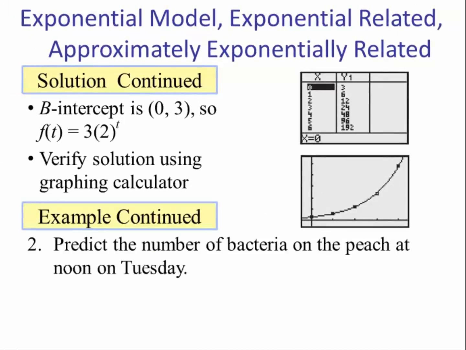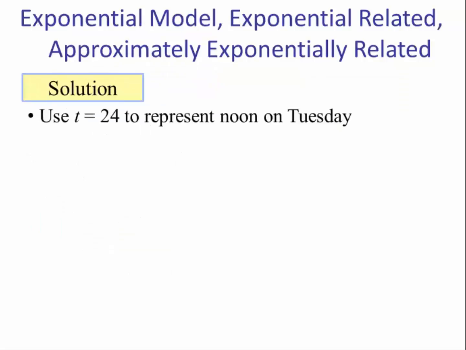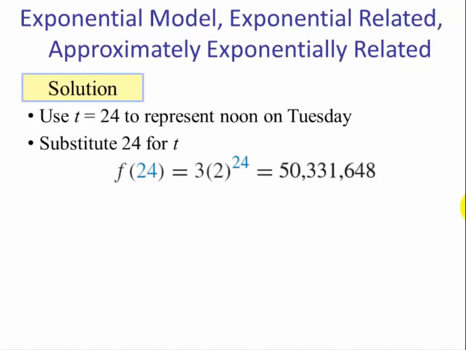So number 2, predict the number of bacteria on the peach at noon on Tuesday. Solution. Well, this is exactly 24 hours since noon on Monday, so t is equal to 24. So if we substitute 24 for t, we have f of 24 equals 3 times 2 raised to the 24th power, which is equal to